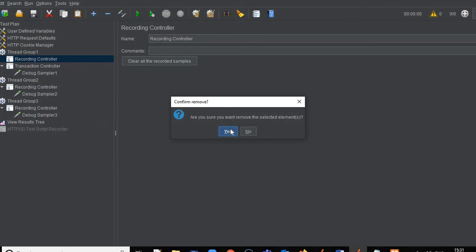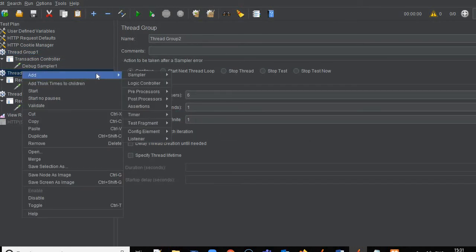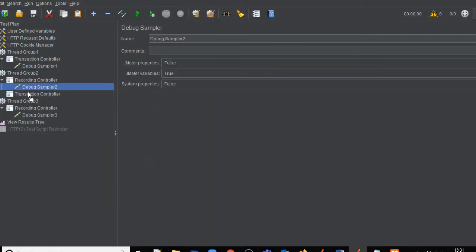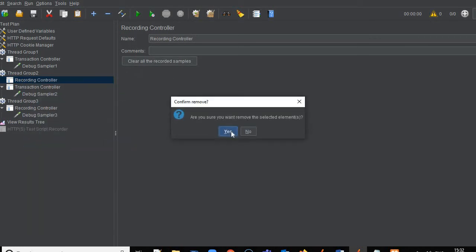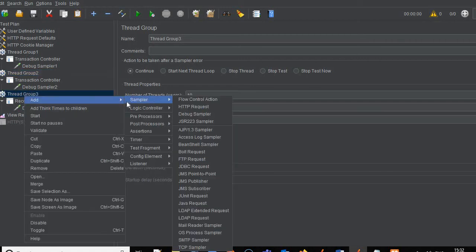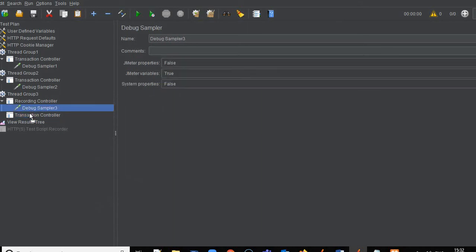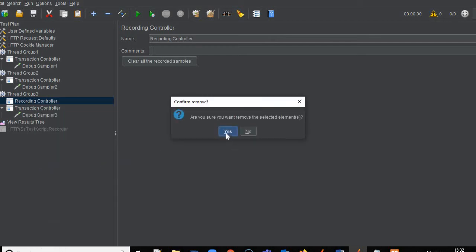We will do the same task for all 3 thread groups: add a transaction controller, move the request under it, and remove the recording controller. Same in thread group 3.